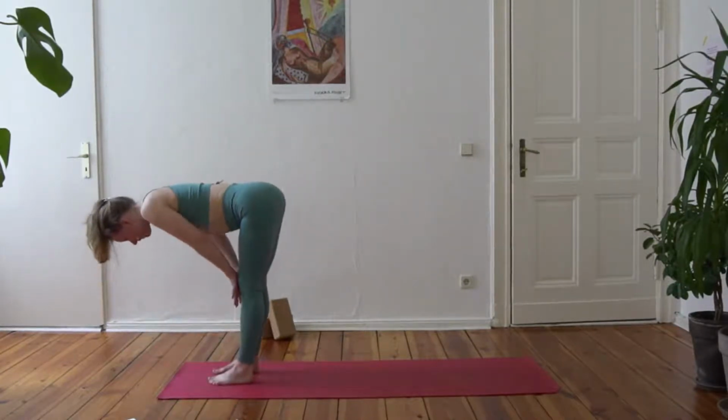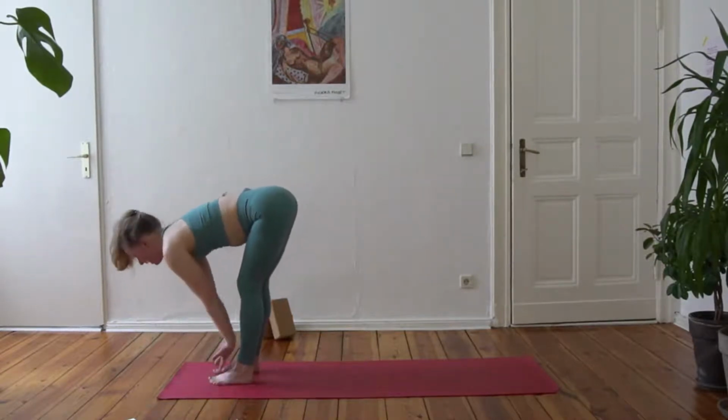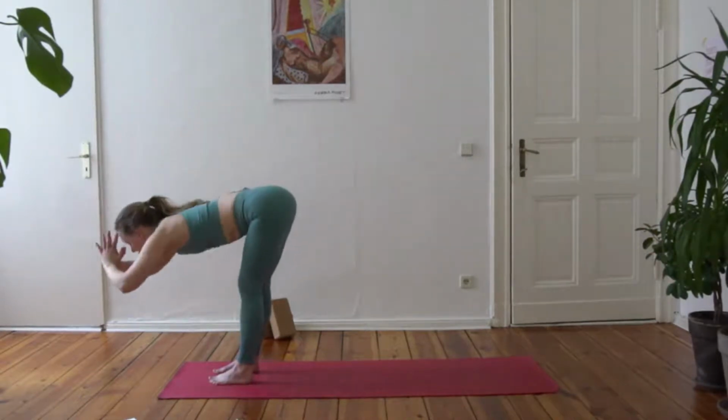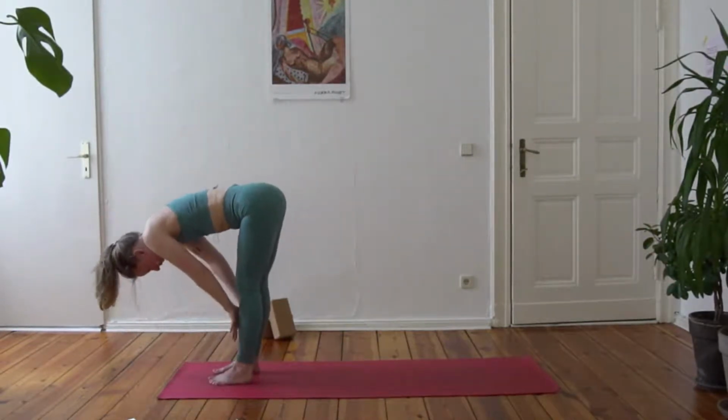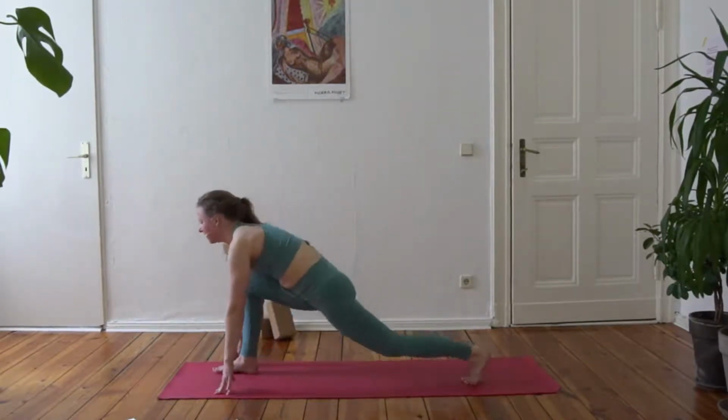Inhale to come halfway up, roll the shoulders back, and exhale, lower down. Inhale, reach the arms up, and exhale, flow back down. This time, same sequence, but in flow. Inhale, halfway up. Exhale, hands to the mat, step back with your left leg, lower the knee to the ground,